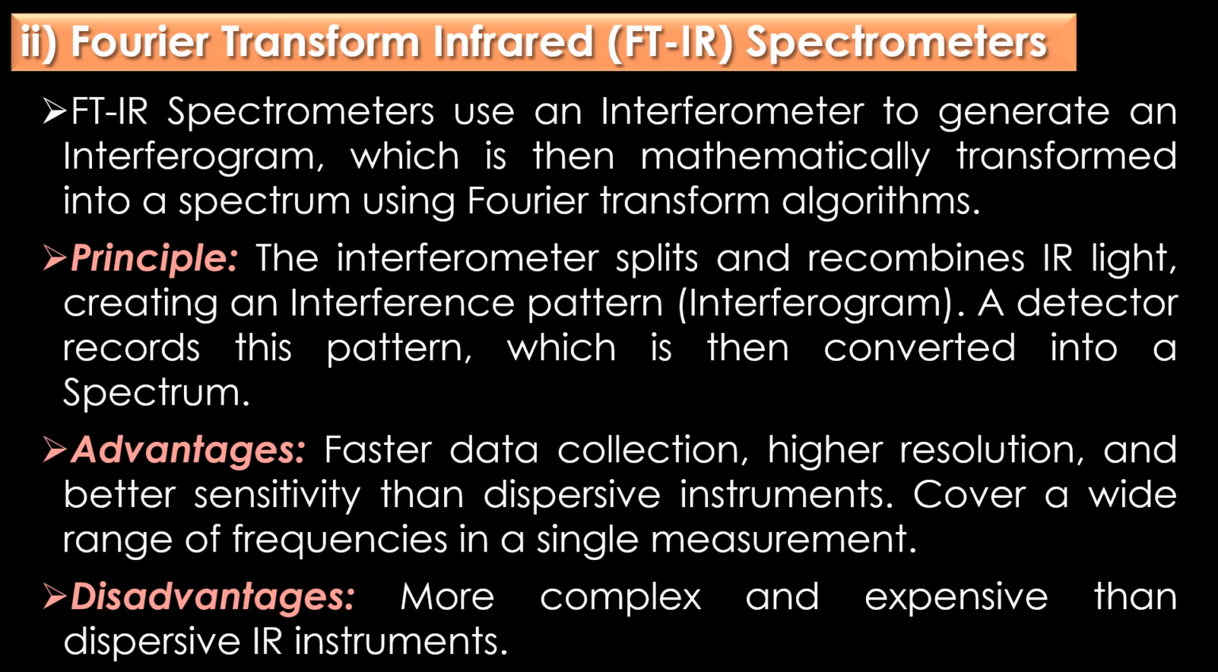The second type of infrared spectrometer is Fourier transform infrared spectrometers. In short form, it is called FTIR. FTIR is the most widely used type today due to its speed and accuracy. FTIR spectrometers use an interferometer to generate an interferogram which is then mathematically transformed into a spectrum using Fourier transform